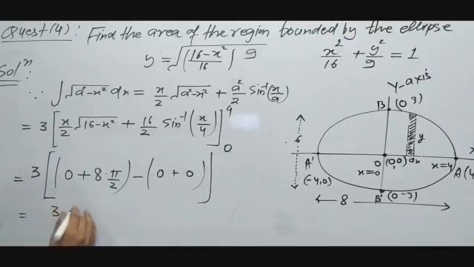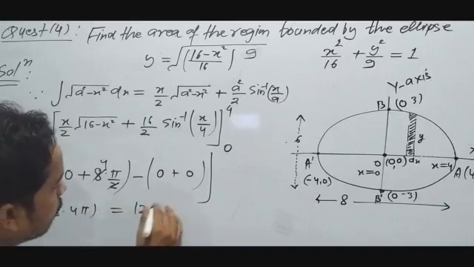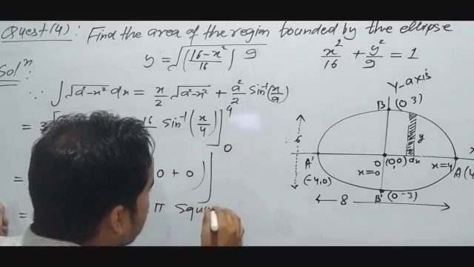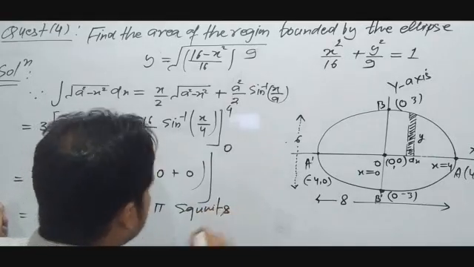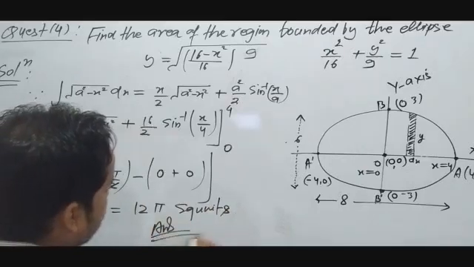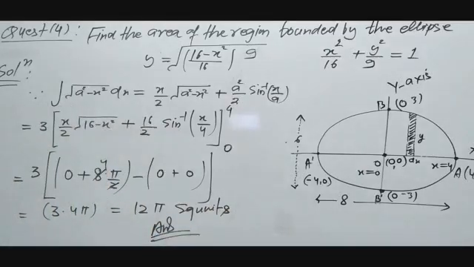And now 3 times this result will be 4 pi, and the result you will get is 12 pi square units. This is the answer. Now come to the next question. The next question is